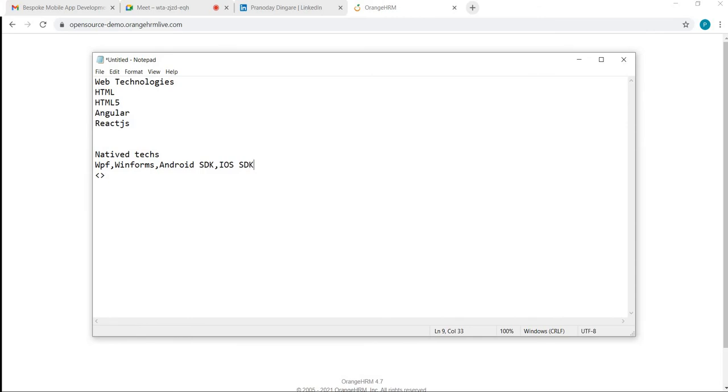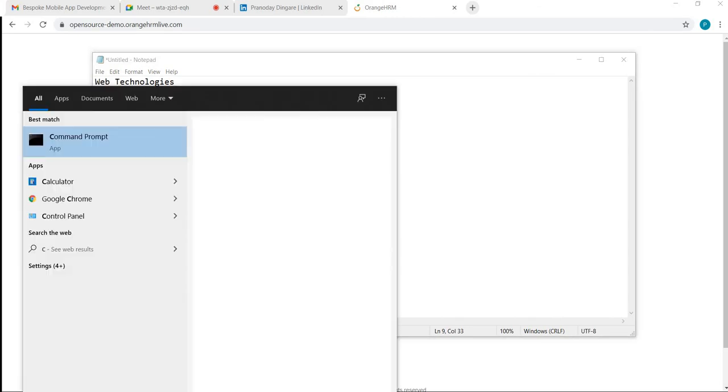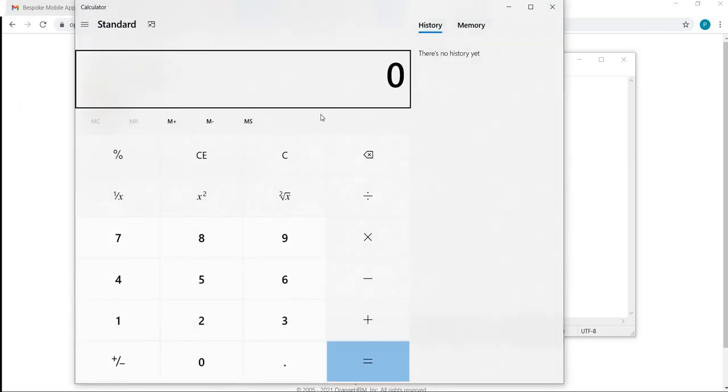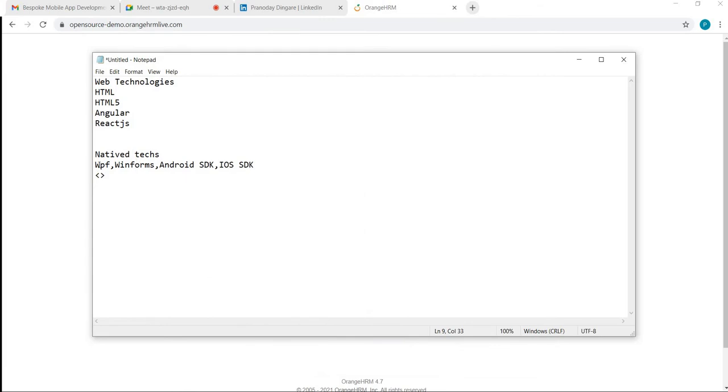Now let's take an example of a platform specific application like this calculator. The interface of this is designed using an SDK, like WinForms or WPF, or there are many SDKs out there.